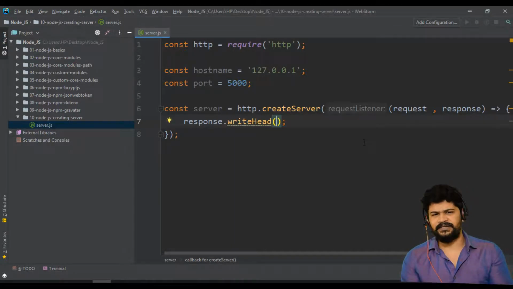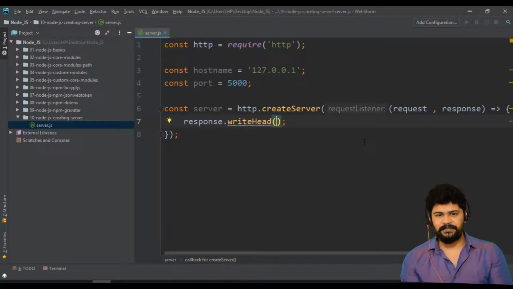The most common, I think you might have seen, is that 404 not found, right? So what is that 404? It is a number called a status code. Every request comes with a response that has a different status code. For example, 200 is a successful response, 400 is for an unauthorized request, 500 is for server error, 404 is page not found, and 300-something is for redirects. There are different status codes available.